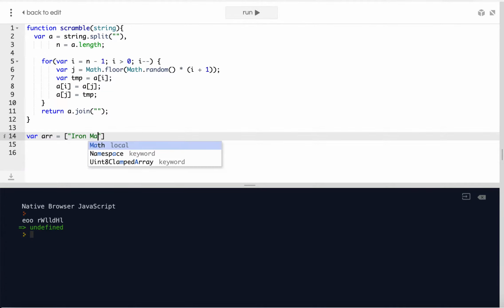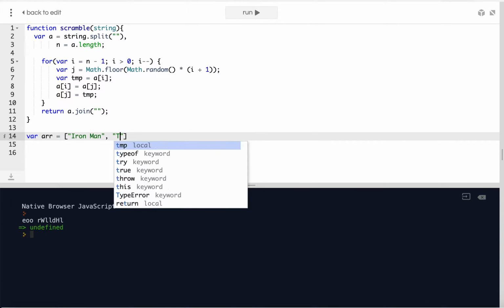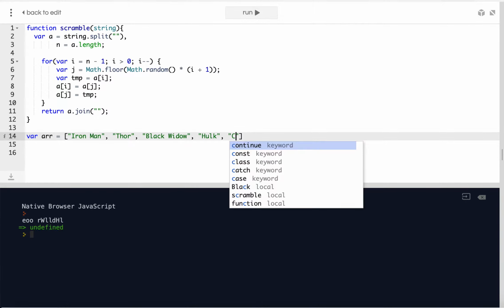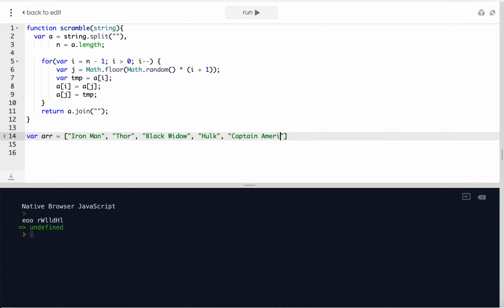Let's continue our Avengers theme. We're going to do Iron Man, Thor, Black Widow, let's do the Hulk, and Captain America. Oh yeah, I probably should include Hawkeye too, right? Okay. So now that I've got my original Avengers here in this array, I want to randomly select a word